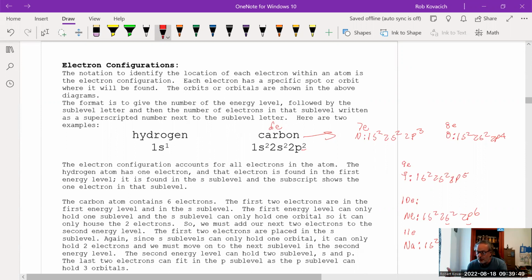And then once that fills, I move on to the next sublevel or the next energy level, depending on if the energy level has been filled. And one really cool thing about this, when we're using the periodic table,